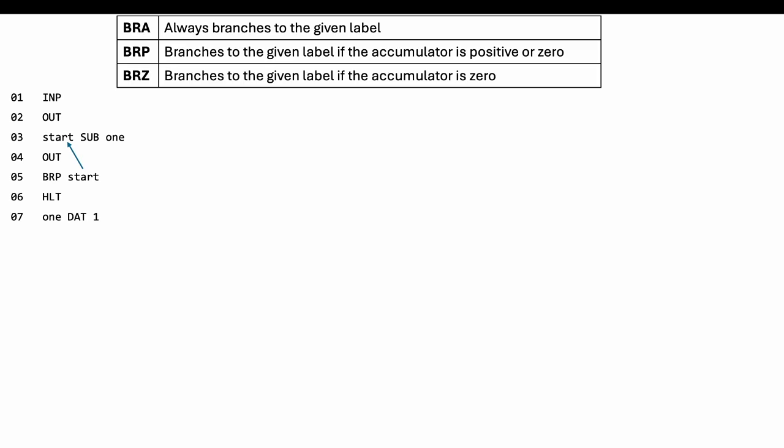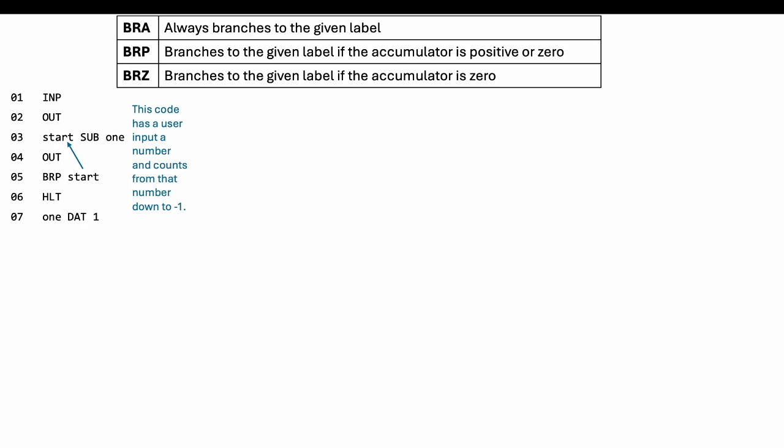And so if it's positive, we come back to start, where we subtract 1, output, and if it's still positive, we go up to start, and this continues, this loops, until it is less than 0, because remember, branch on positive includes 0. So when we get a negative number, it will halt, and that's our code. So what this will do is have a user input a number, and it will count from that number down